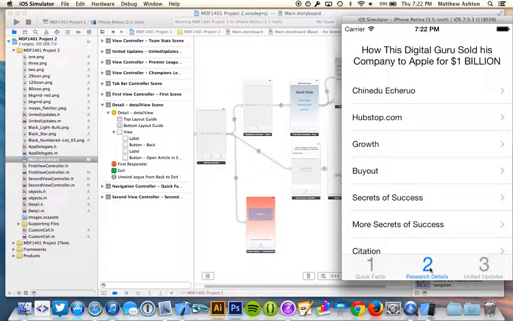And then I got my research details over here. So what it is, I found this article through one of our library databases, and there's an article about how a guy sold an app that he made to Apple for $1 billion. So what I did is,